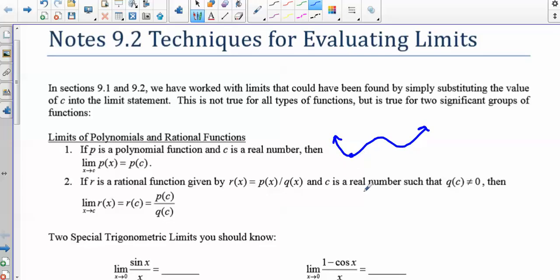It works pretty well in rational functions too, as long as you're not trying to evaluate the limit of a rational function at its asymptote or at a hole. You'll still be able to use direct substitution to plug in an x value and find a y value, for example right there. But today we'll find some functions where we need to do some work in order to find